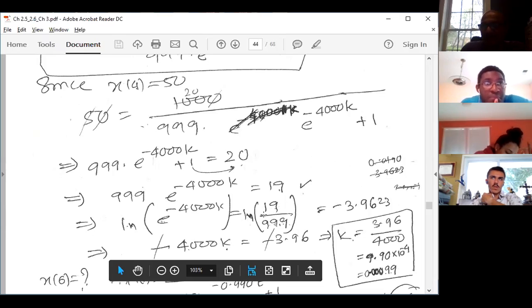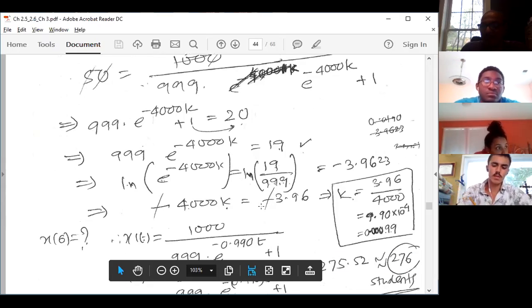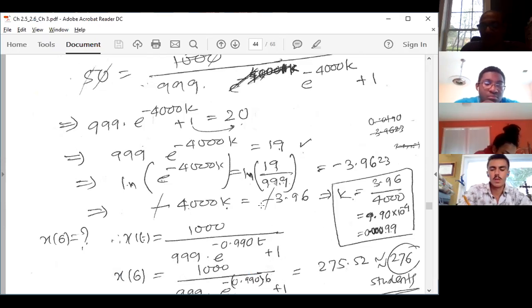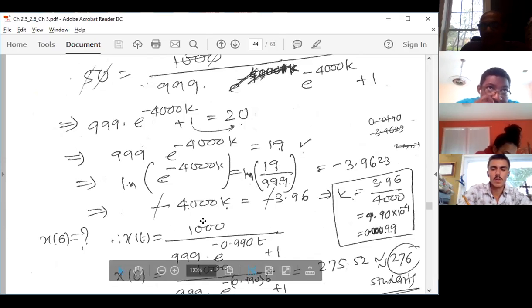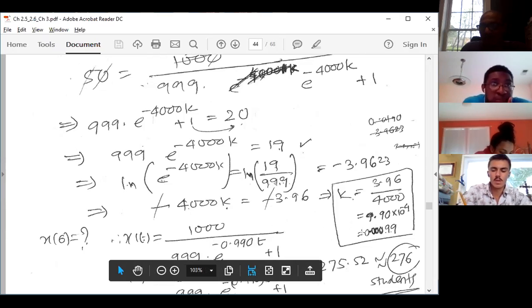So negative 4000 k equals, of course, this is less than 1. ln 1 is 0, so less than 1 gives a negative number. So negative 3.96. This negative will get cancelled out and you're getting a positive number, because the number of students infected after a few days will not be negative, right? It could be 0, but it won't be negative. Anyway, if you divide by 4000 over here, you're going to get k equal to